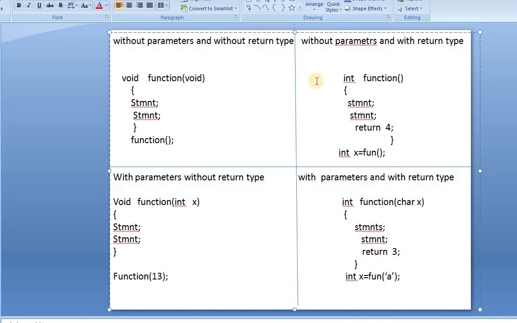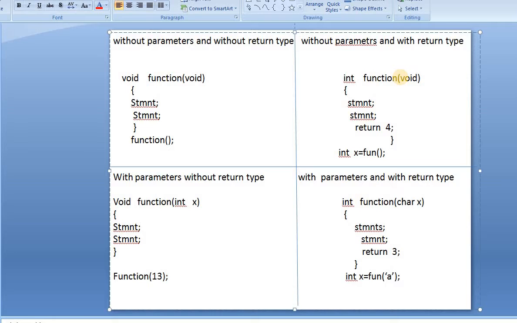Now we'll see without parameters and with return type. Here my return type is of type integer, so I'm declaring it with int. You can take it as char or float, any data type you can take, but whenever you take the data type int, then you return a value of int data type only. As it is without parameters, I'm not declaring any parameters, that is void only.